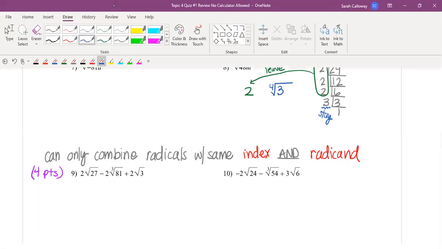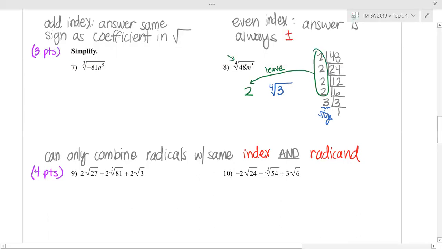When we discuss the m, we discussed kind of 2 different concepts. The first day that we learned this, they were always perfect roots, and so everything came out of the radical, and we talked about to find the value, we're dividing the exponent on the variable by the index, and then that tells us how many of that variable can leave, right? So if I have m to the 5th,